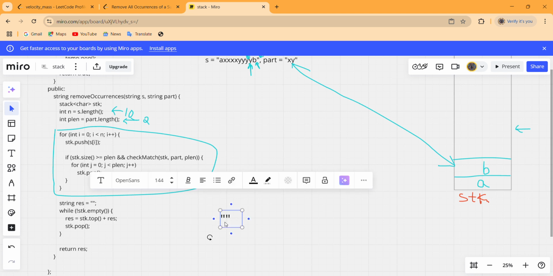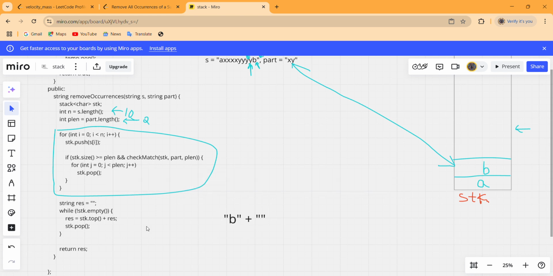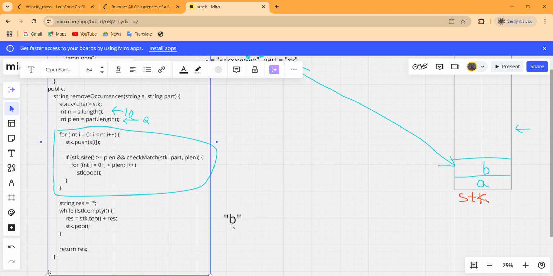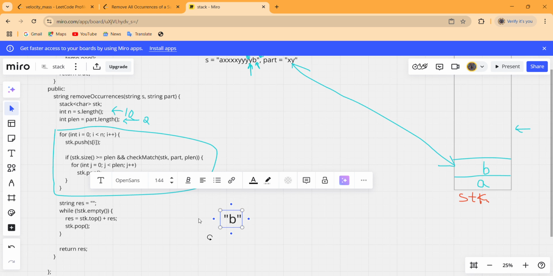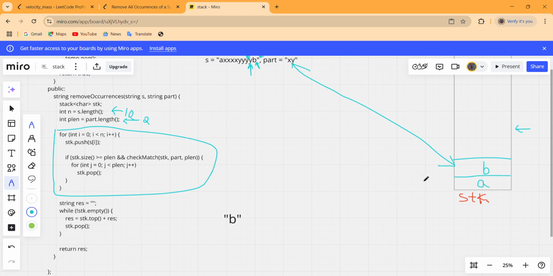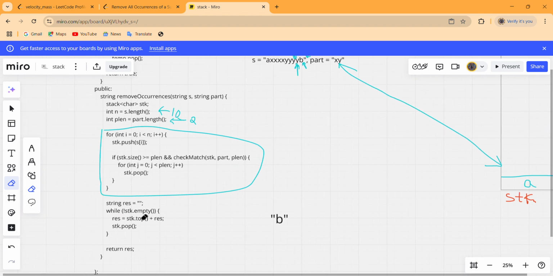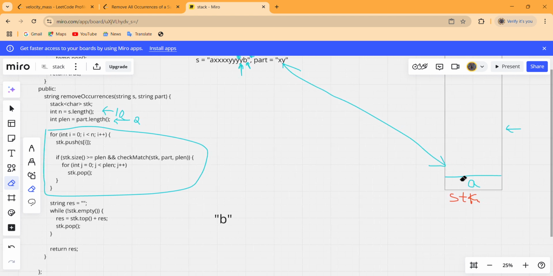stack top, that is b, this b concatenated with our current res, that means an empty string, and this will create the result as b, and assign that to our result string. So our resultant string is now this b, and pop out our topmost element from the stack, so this b gets popped out. And again we will check whether the stack is empty or not. No, the stack is still not empty,